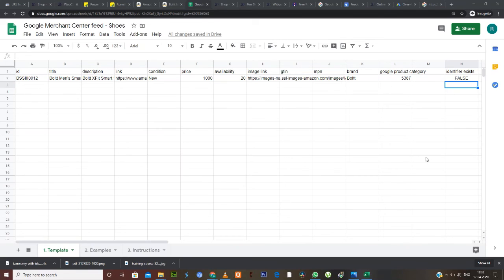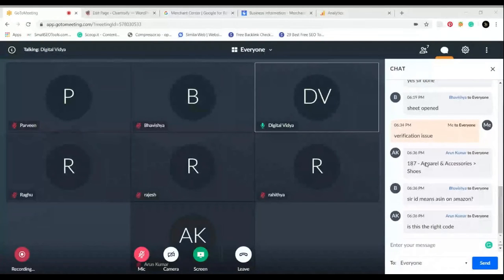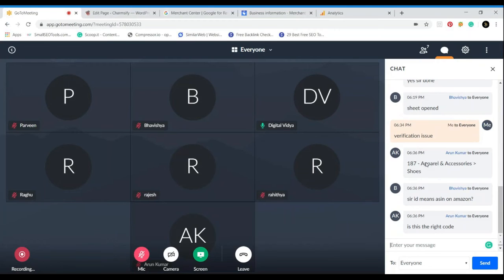Yeah, Praveen, share your screen. Share your screen and give me access to your keyboard and mouse. Are you getting the option to give me access?